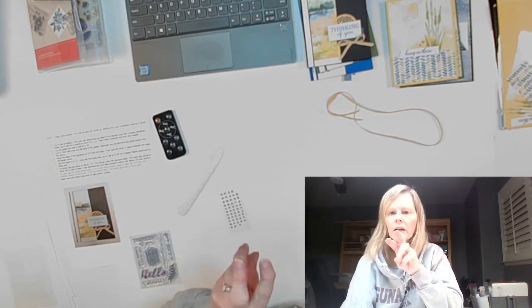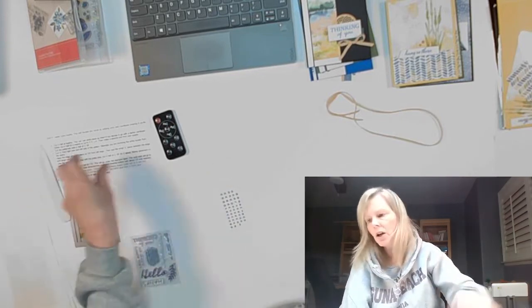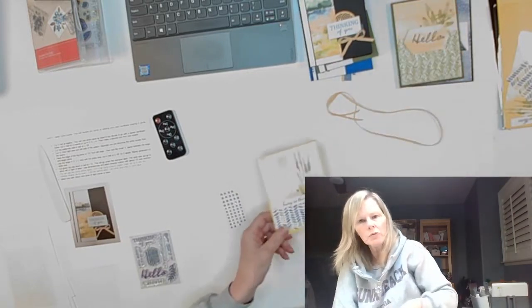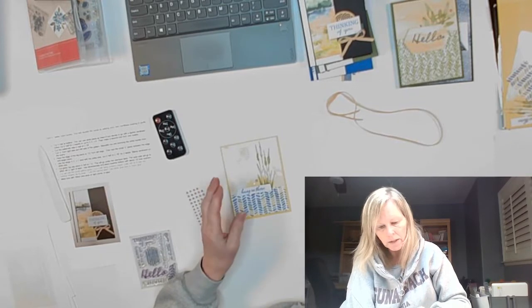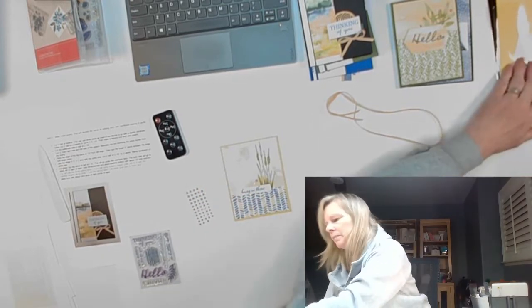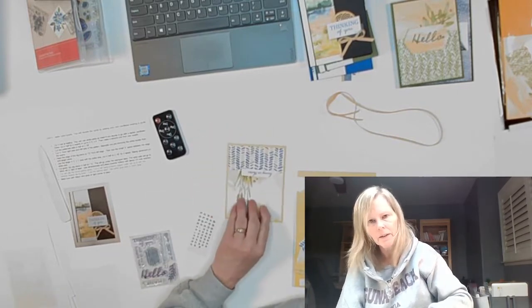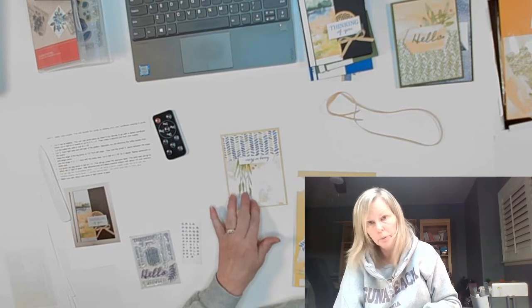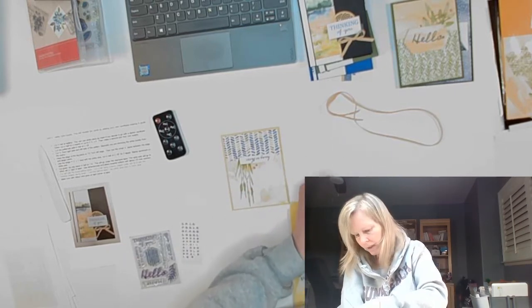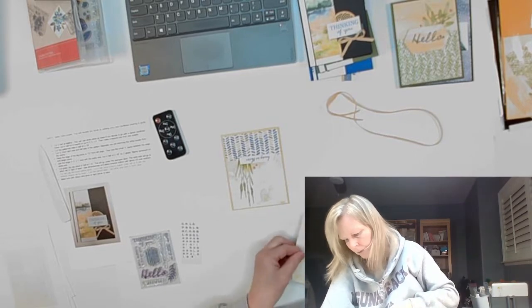There are 3 designs on the envelopes. Now, when you look at them, because there's designs on them, you can cut them down just like you do for designer series paper, and so that's what I did. So you're going to take your envelope. We're going to start with this one here. Okay. This one has the prairie grass or whatever. You're going to take the yellow envelope that has the herringbone